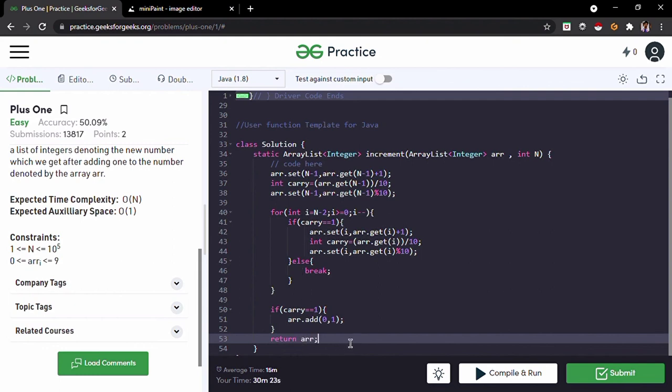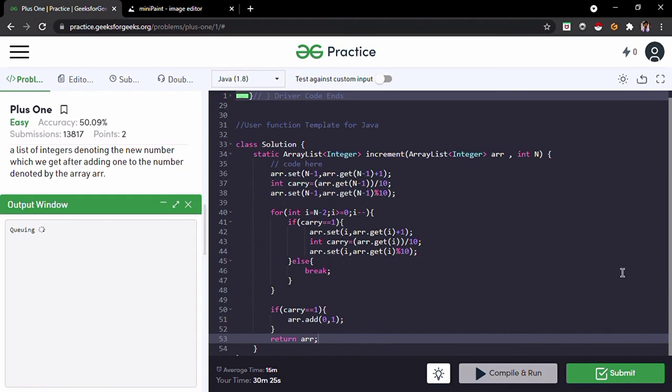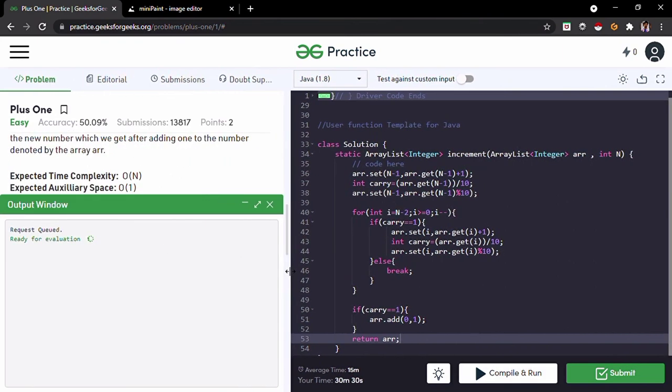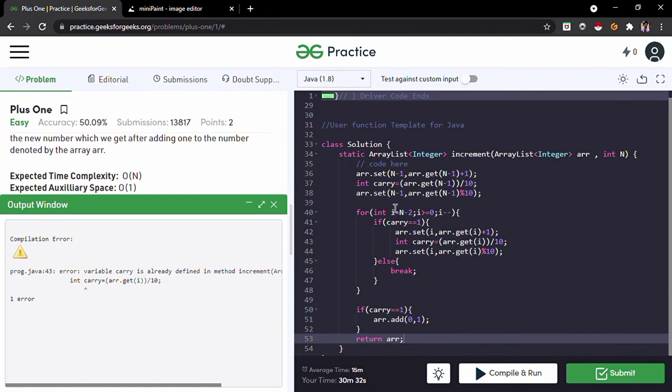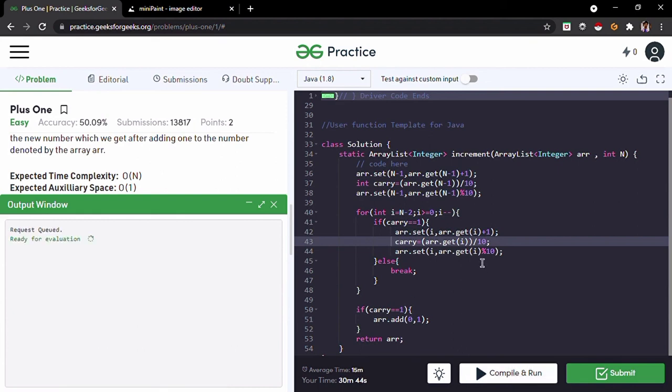Okay, let's run this. Let's hope there is not any error. Okay, we have already defined this, so we don't need to put int here. This was a silly mistake. Okay, we got our output 125. Let's check with custom input.